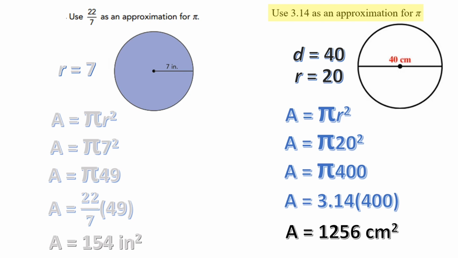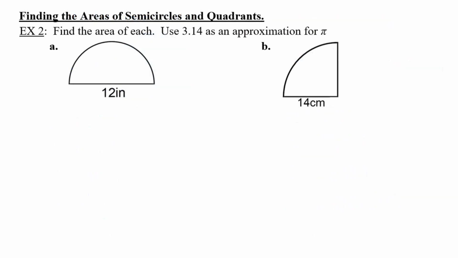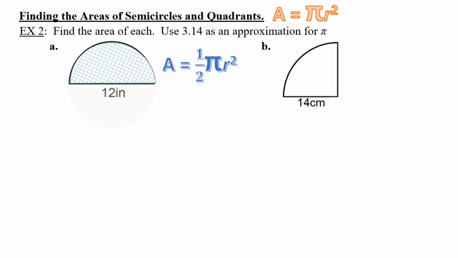So let's look at some a little bit more interesting ones. Here I have a semicircle and I have a quadrant. So to find the area of a semicircle, and this is easier than circumference if you watched that video already, I'm going to start with my area formula, which is pi r squared. Here I can see that it's exactly half of a circle, so it's just going to be half of an area formula. It's half of the radius squared,